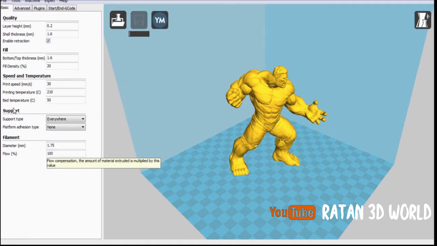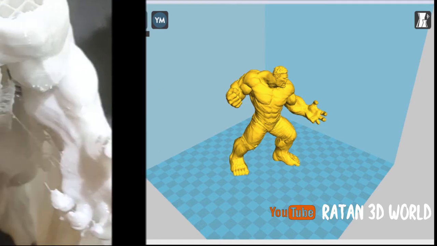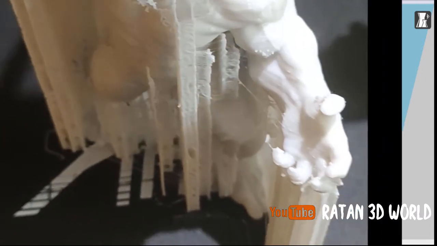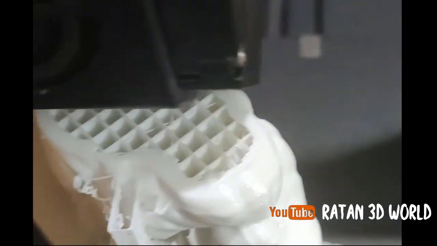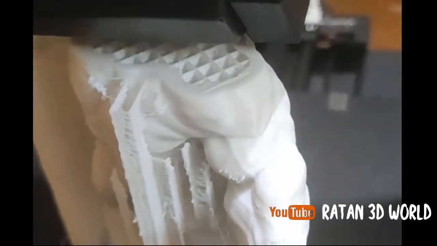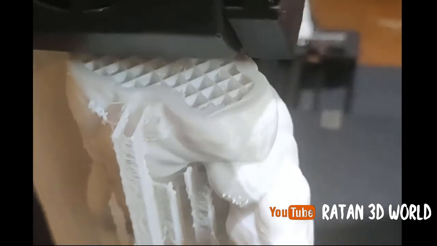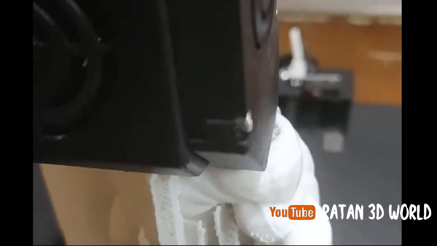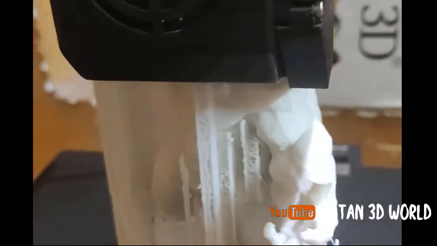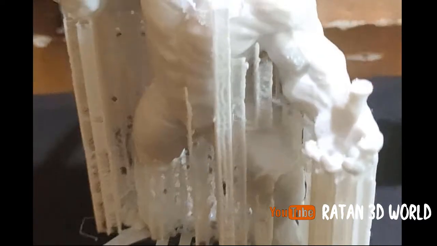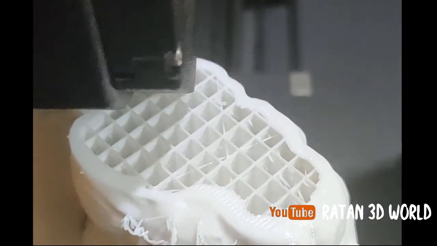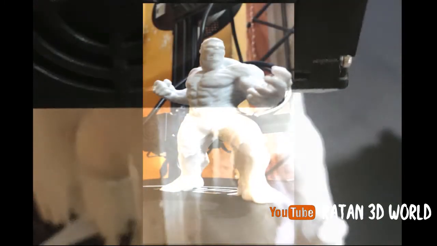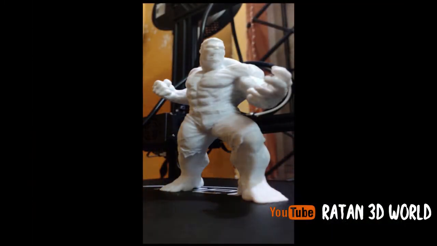Let's save this file now. Now this is how it looks after this. I shot the video after almost 9 hours of print, and these are all the supports that we have talked about earlier. And this is the top of that, the 20% infill we had given, no? That is 20% infill. And these are all the supports. See how cool it's printed. This is a 20% infill, to give the structure rigidity. So after 11 hours of struggle, it printed like this.